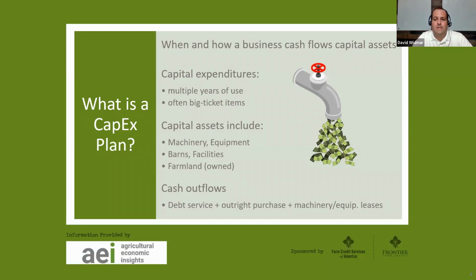And one of the key takeaways here from today's conversation is your farm has only so many resources that it can generate to go towards family living or towards machinery or towards farmland. And so in a lot of cases, this is a bit of a balancing act. So you might think very narrowly about equipment, maybe the specific equipment for your row crop operation versus your livestock operation. But it's helpful to zoom out just a little bit and think about all of the capital expenditures and all the capital assets you need to be managing and replacing and upkeeping.